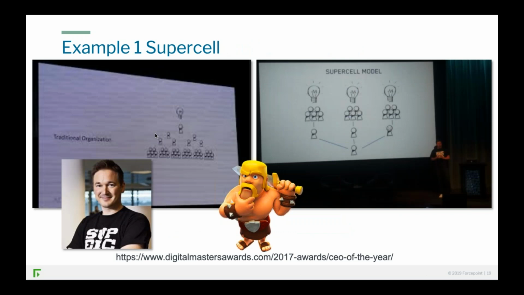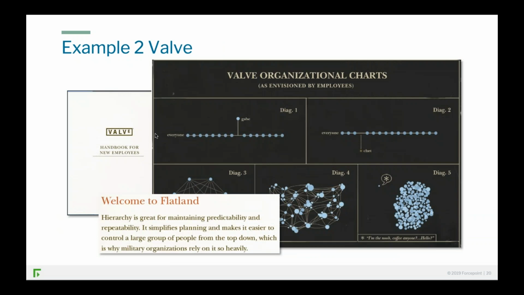Let's have a look at different models, right? The gaming industry, Supercell, Ilkka Paananen, the most successful CEO of the year 2017, he turned the model on its head. His developers and community people and artists have all the power. His job, I know this guy personally, he told me, was to be the least powerful CEO in the gaming industry. Valve, another example of a very flat structure. Everybody is the same. It's truly democratized. Your chair has symbolic wheels on it, so you can go wherever you like in an organization. Everybody is the same, apart from Gabe Newell, who's slightly higher than you, he's the founder, and Chet, who's the CFO. Everyone regards him as slightly below them.